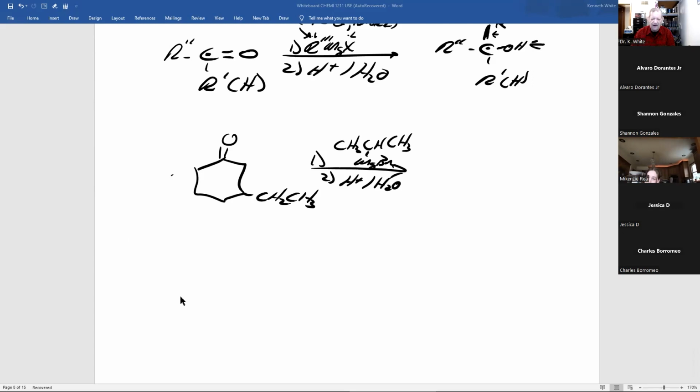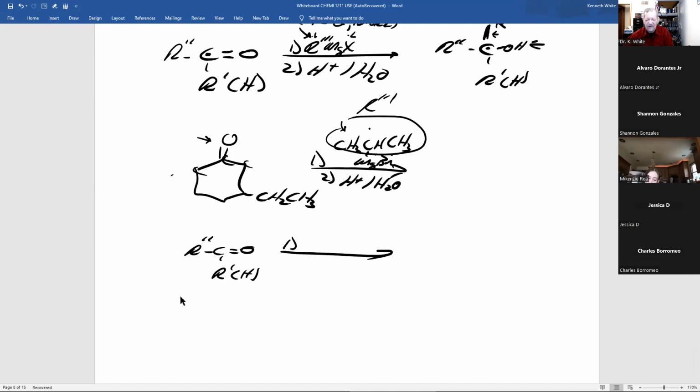My turn. Remember, I'll never give you a synthesis with this Grignard reaction. What's different? What's not carbon? What's not hydrogen? Oxygen, double bond to carbon. Carbon's here. Here is a ketone. Could have been an aldehyde, but it's not. And then over here, magnesium bromide. That's a Grignard reagent.